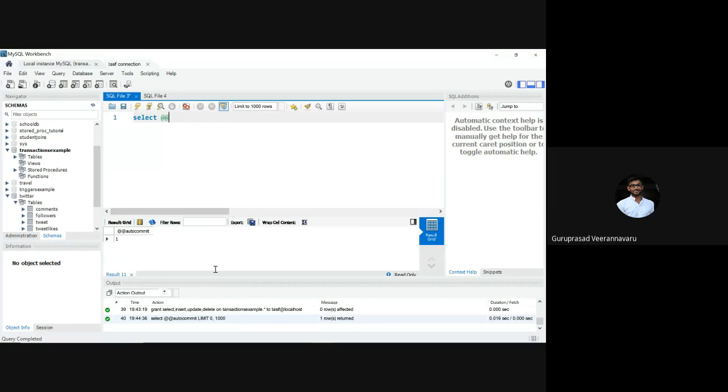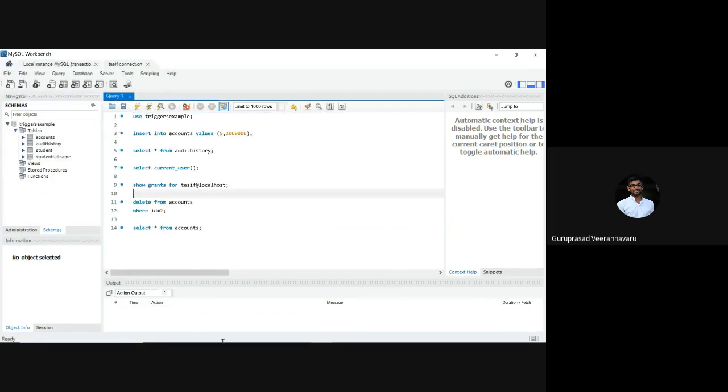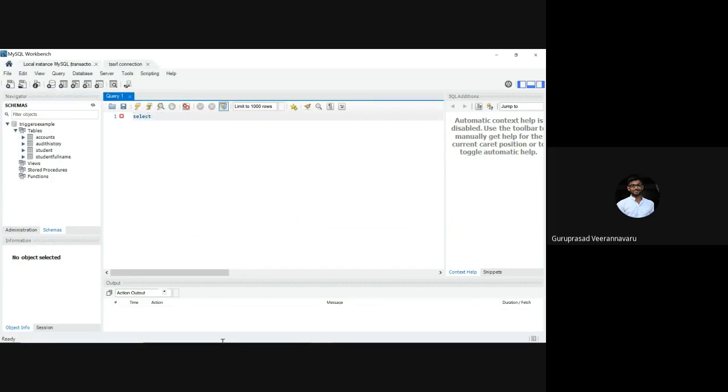Let's say I do start transaction. Started it. Then let us say I do insert into accounts. What is the table name? Accounts. Values 3 comma 10,000. Even though this is part of a transaction, I've not committed it, but if I go to Tasif and then do select star,